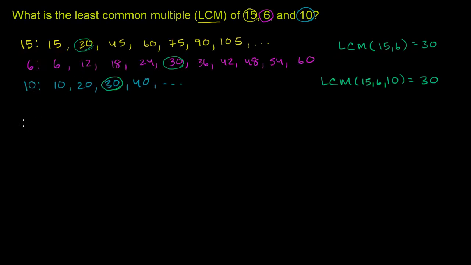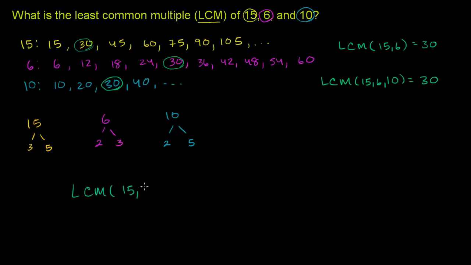So you could do it this way, or you could say 15 is the same thing as 3 times 5. And that's it. That's its prime factorization. 15 is 3 times 5. Both 3 and 5 are prime. We can say that 6 is the same thing as 2 times 3. That's its prime factorization. Both 2 and 3 are prime. And then we can say that 10 is the same thing as 2 times 5. Both 2 and 5 are prime, so we're done factoring it. And so the least common multiple